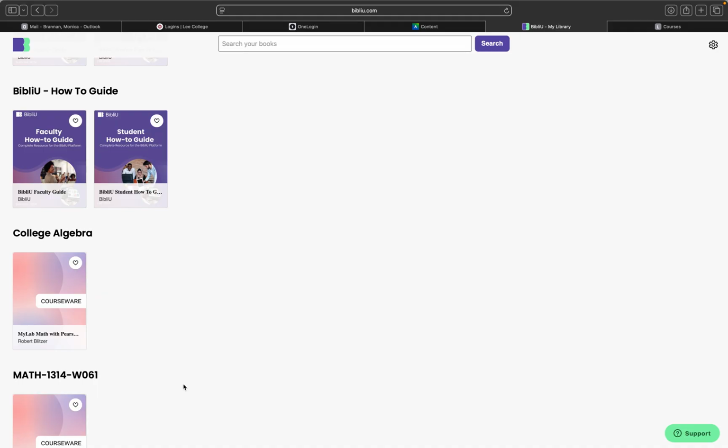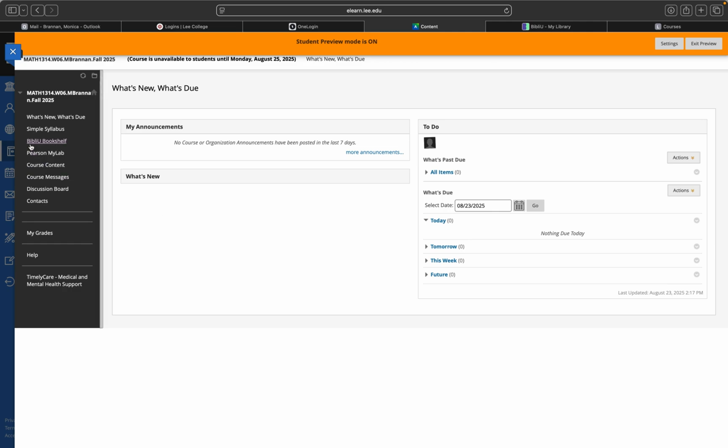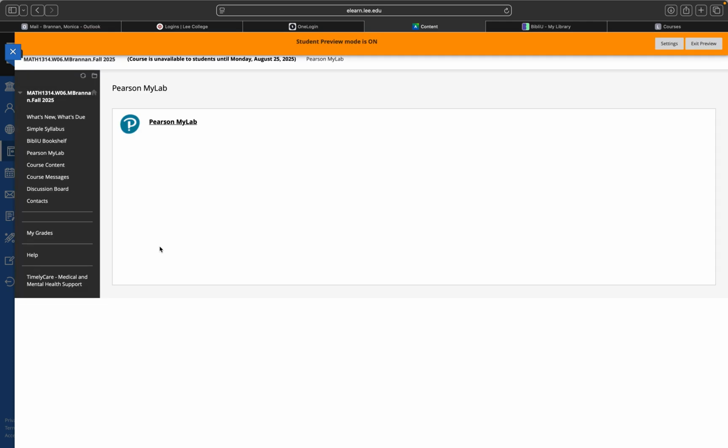That's where you'll go to get the access code that goes in Pearson. It's the BibliU Bookshelf. The way it works is that these are the books you're automatically opted into in the syllabus. I'm not sure how the college does that, but it pretty much feeds your books into your Blackboard course, and you can get the code that way. So once you get the code from your BibliU Bookshelf, you'll click on the Pearson MyLab, and